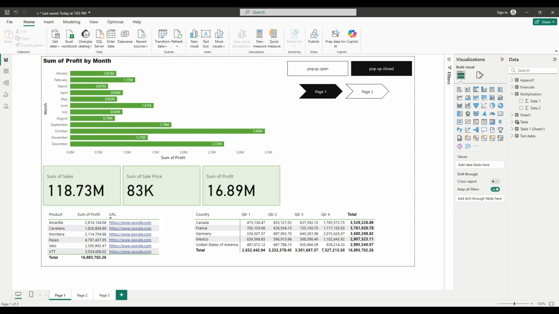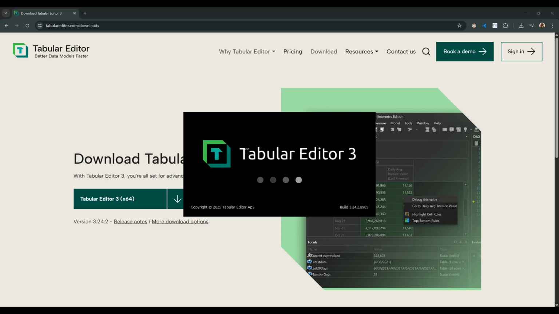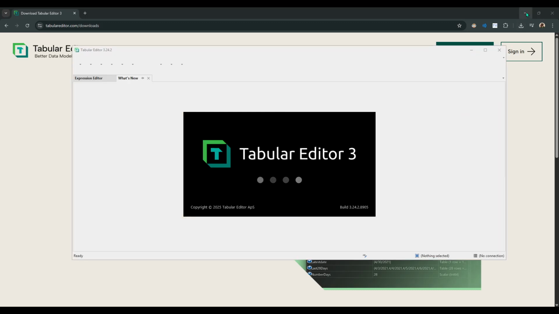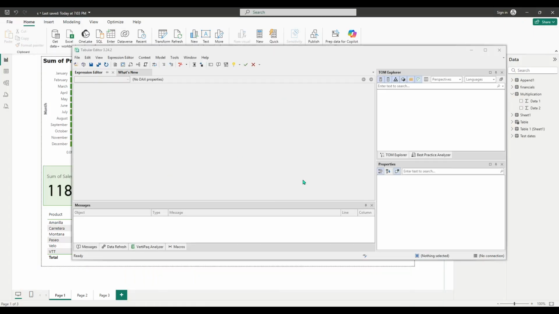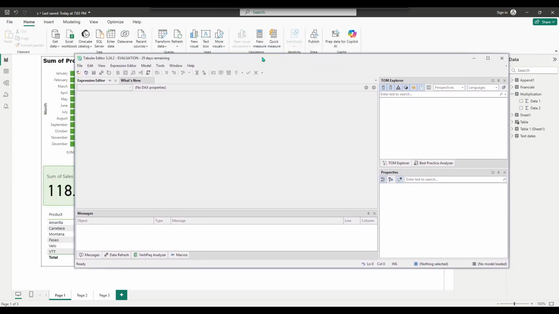Head to the official Tabular Editor website, download the installer that matches your system, and run it. The setup is straightforward. Accept the license, choose the default options unless you have specific preferences, and complete the installation. If Power BI Desktop is open during installation, it's fine to leave it running, but restarting Power BI afterward can help ensure everything registers correctly. Once the installation is complete,